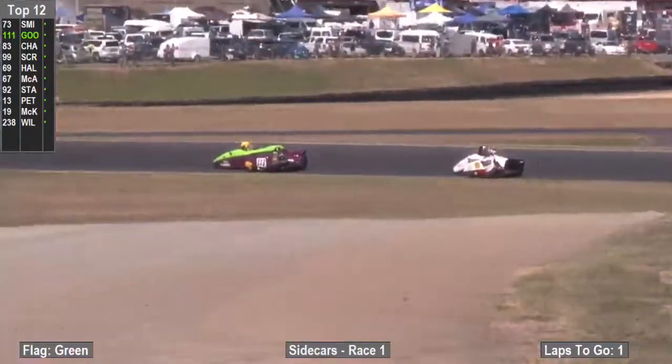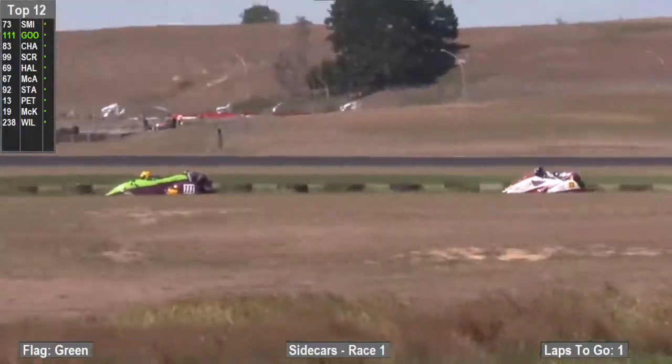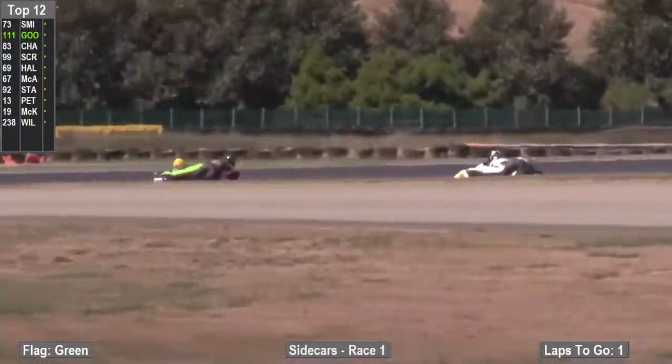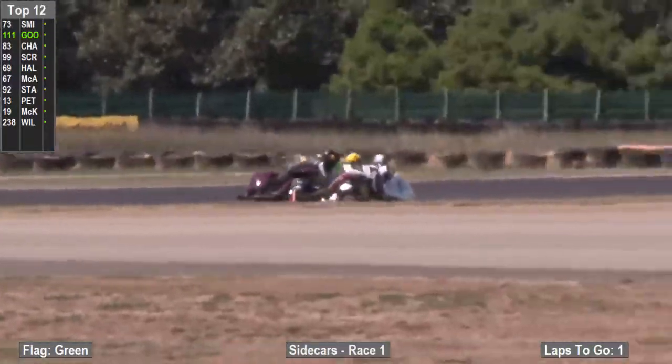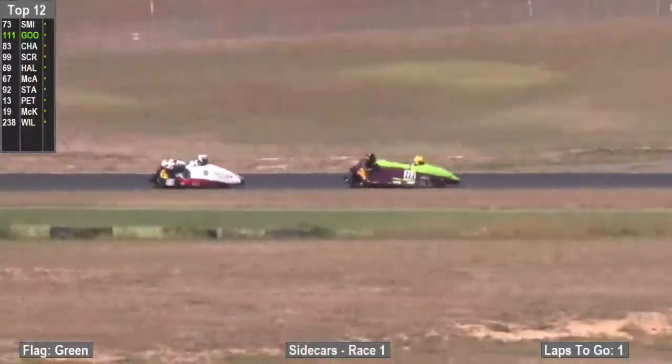a look. Set up a move maybe into the double bastard. Here he is right up on the back of Pete's rig now. Dives down the inside of him. I think he's made the pass. No, he hasn't. Goodwin's held him out. They come out through the exit of the double B, the double bastard here, that makes up the full complement